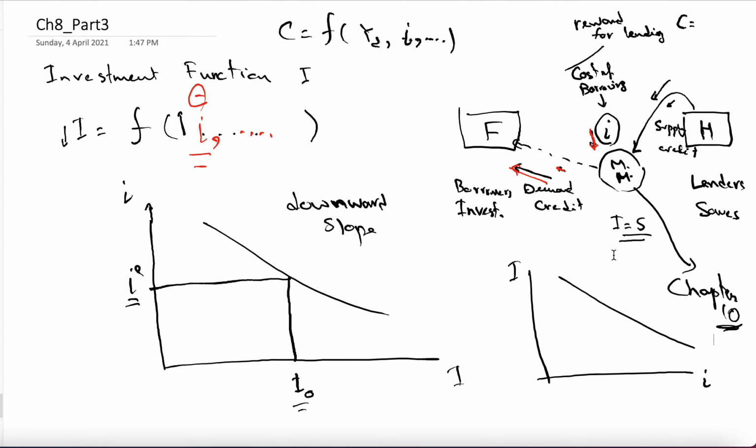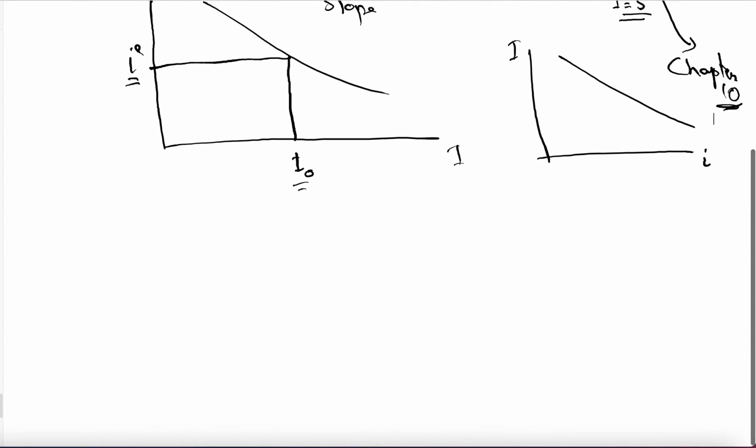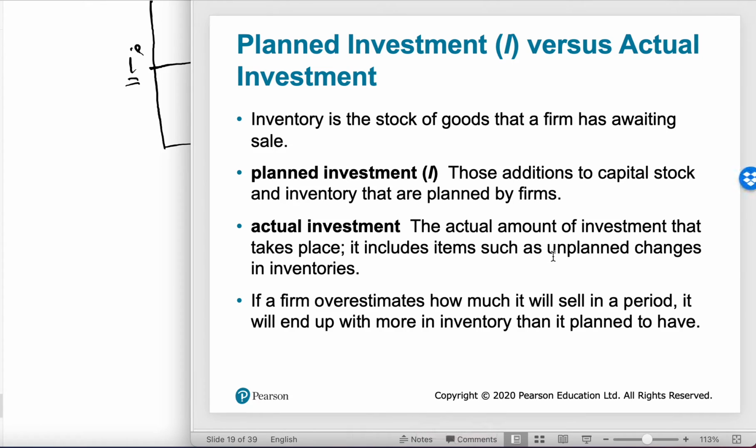After chapters 8 and 9, we will spend a lot of solid time explaining what is happening in the money market. To simplify, we say that inventory is the stock of goods that firms hold awaiting sale. That is an investment. Also machines and equipment which are purchased to be used in production. So planned investment is those additions to capital stock and inventories that are planned